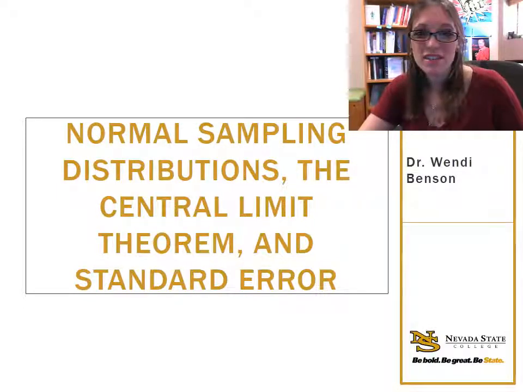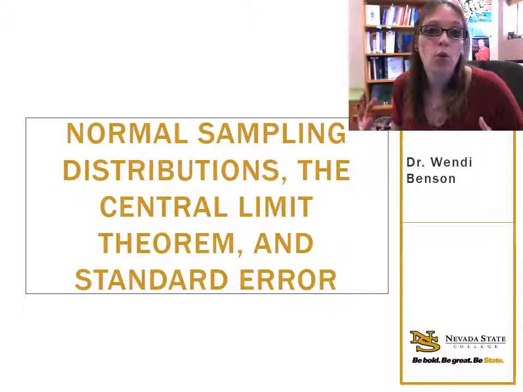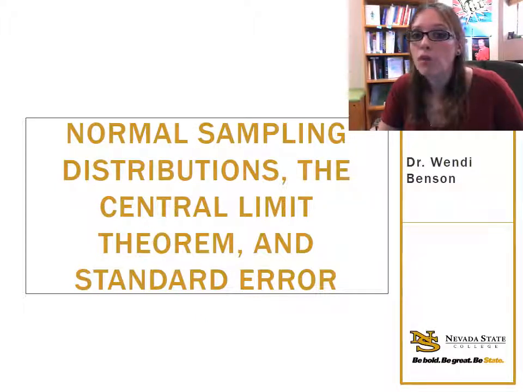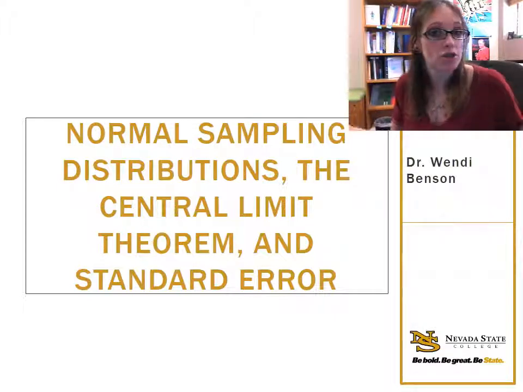Hello there. This lecture is all about the sampling distribution and the standard error. In the past, we've been working with population distributions and sample distributions, which are basically just the visual representation of the frequency or how many times specific scores occur in either a sample or a population. Now we're moving into situations where we're looking at all the possible sample means that could be drawn from a single population, and the visual representation of how often those means would be expected to occur just due to chance